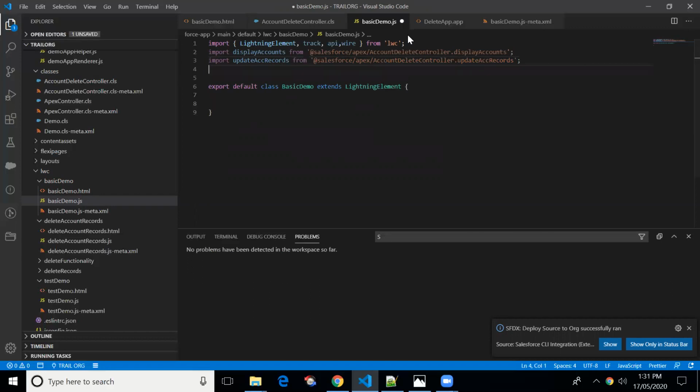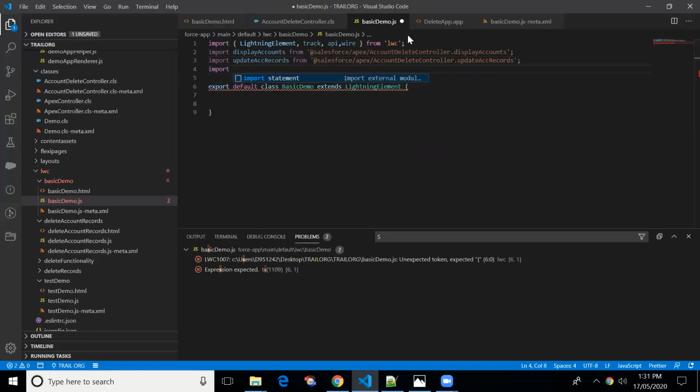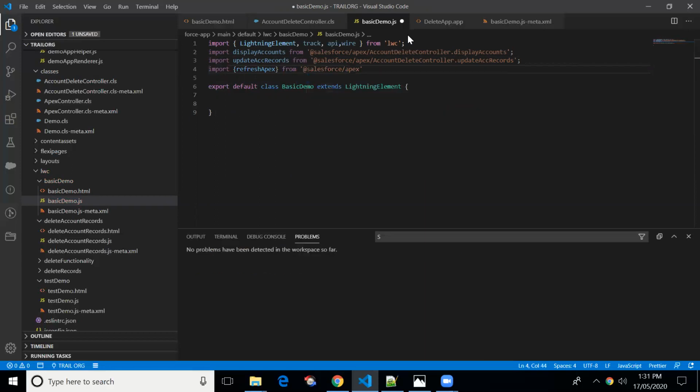I'll be importing refreshApex as well. Whenever we update a record, after updating it I just want to refresh the Apex property, refresh the data. For that, we'll be importing this as well.